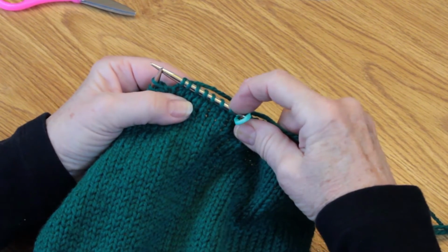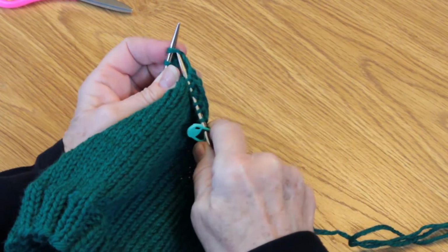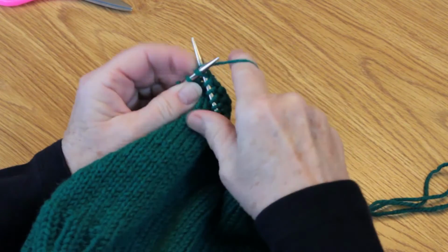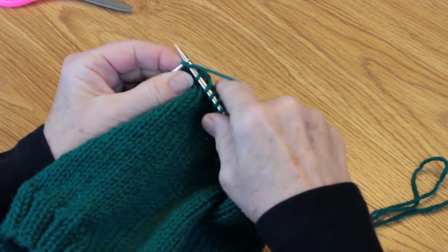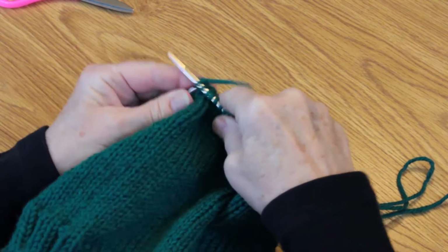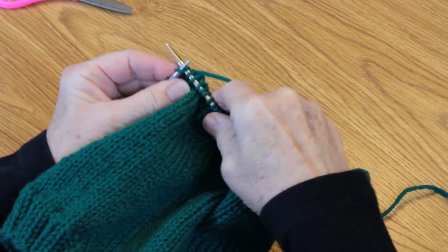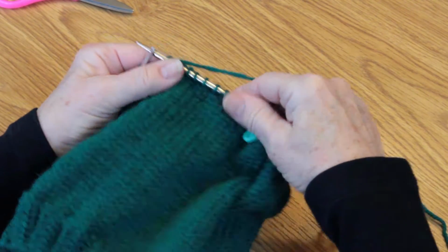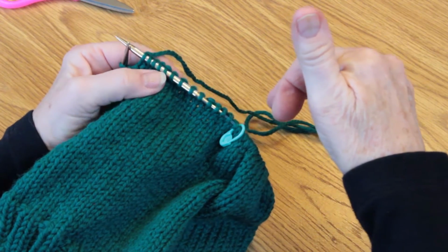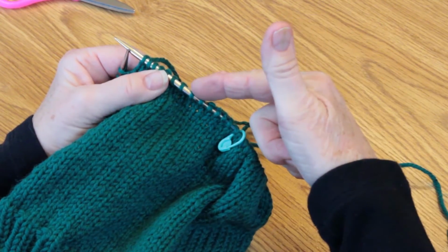Knit asterisk, knit 2 together, knit 6, asterisk. Now that means we're going to repeat that. So I'm going to knit 2 together, and then I'm going to knit 6 stitches. 1, 2, 3, 4, 5, 6. And because we have a multiple of 8, knit 2 together is 2 stitches, and 6 makes